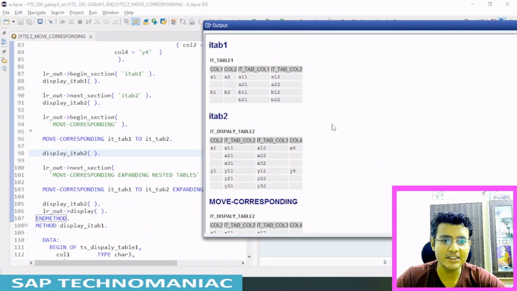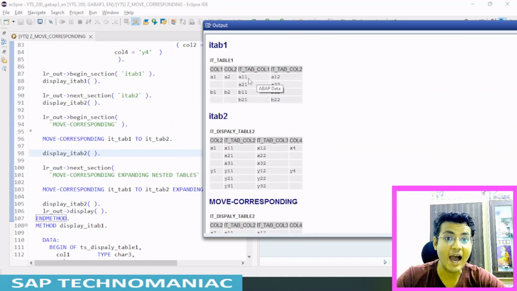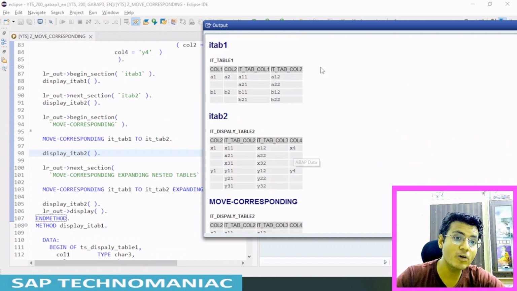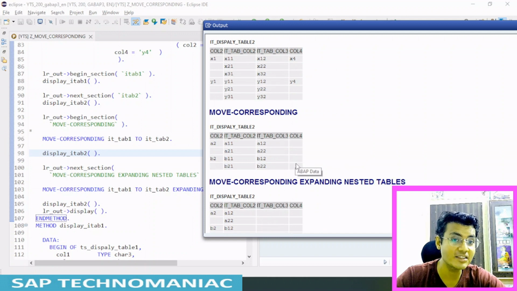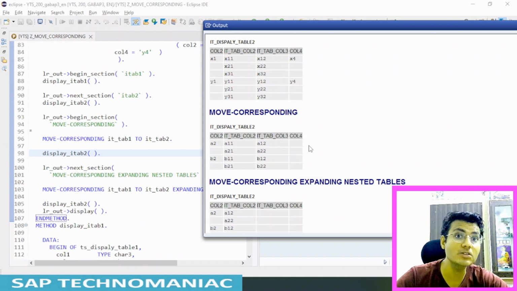So now we will see. Now you can see this got moved, A2 and B2 are moved here, and iTab is a column, so the iTab column is moved to this iTab column. It already got cleared since these are tables. I'm talking about tables, so it got entirely cleared. Whenever they are moved, they don't know what entries were there. It got entirely cleared because it is an internal table. So column 2 matched to column 2 and moved here. iTab matched, iTab moved entirely here. That is the reason we can see this. And since this is an internal table, it got entirely cleared, and column 4 is not available, so the values are still initial. In the case of a structure, when we saw, X4 was available here because we were moving the structure.